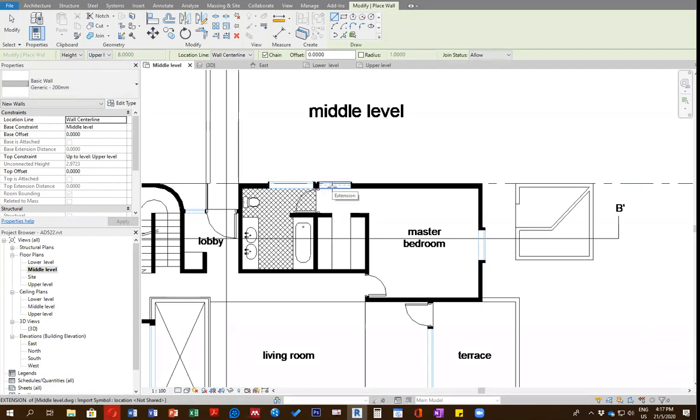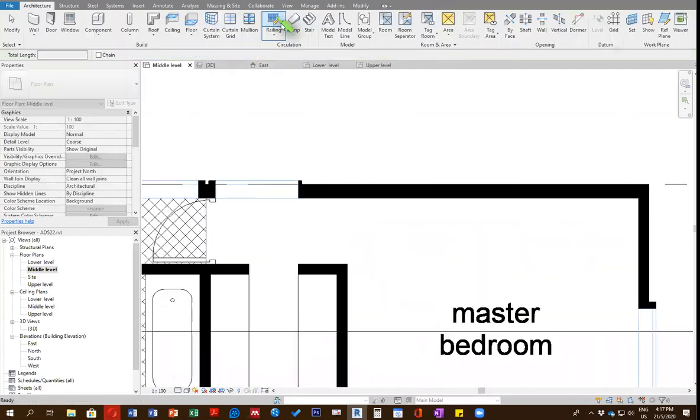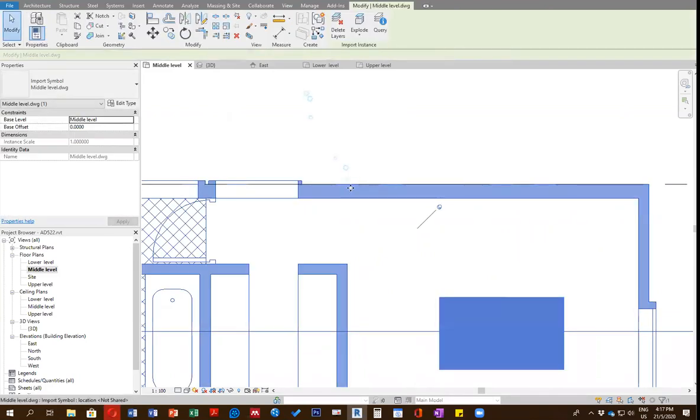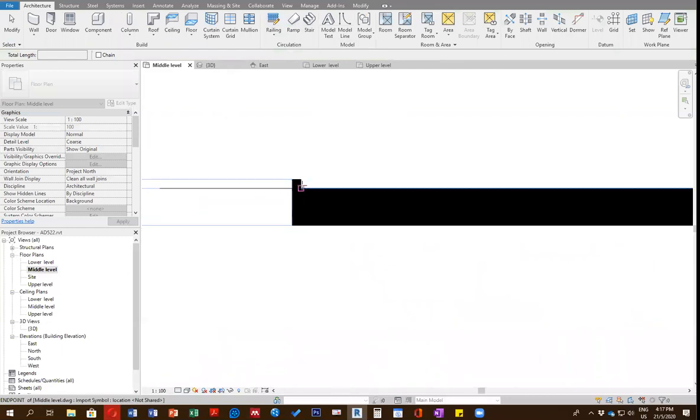Okay. So another important thing now is the thickness of the wall. For the thickness, you have to follow the thickness of these walls. Actually, you have to measure before you even start. So for example, you can select this AutoCAD drawing and click this measure. And for example, you measure from here to here. It's showing